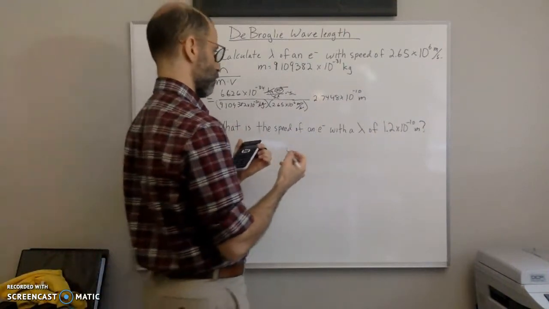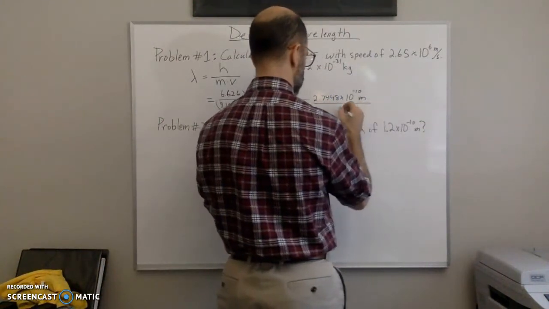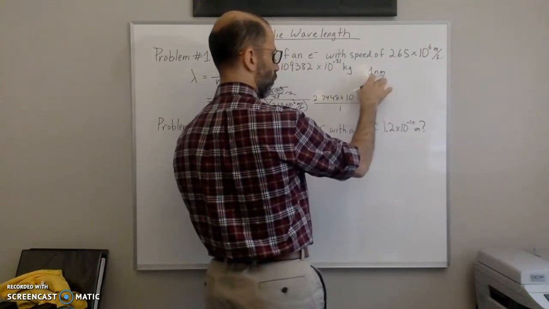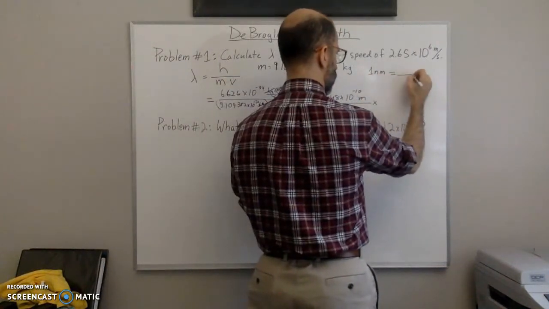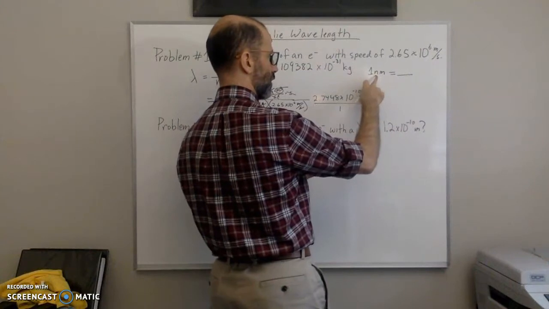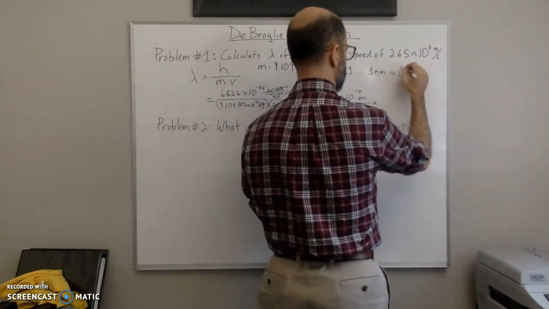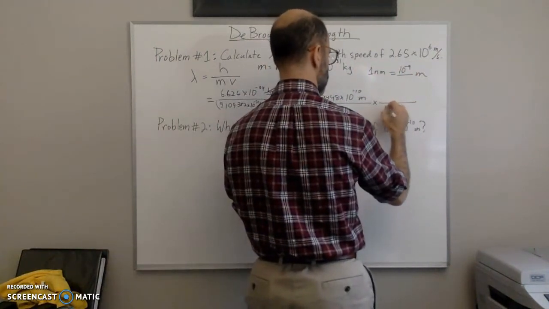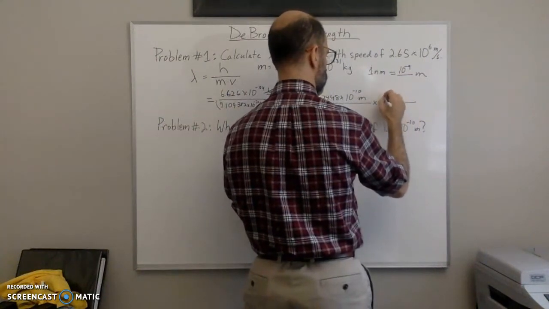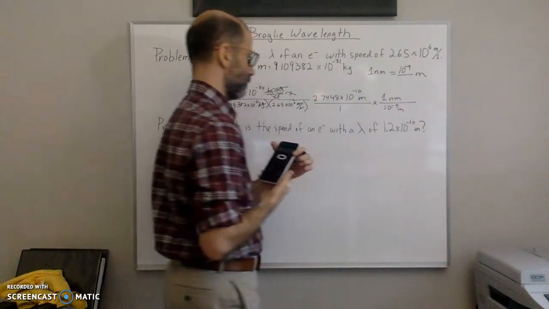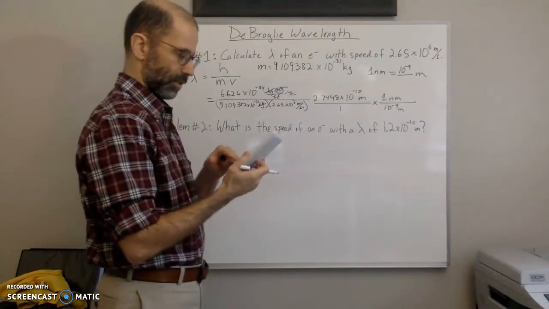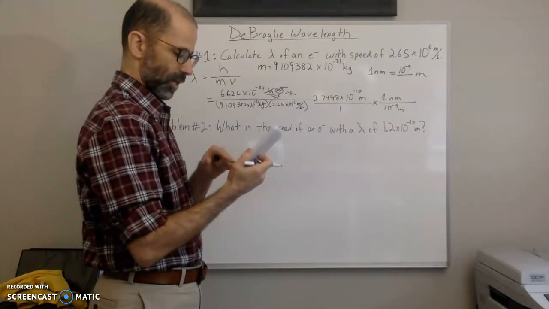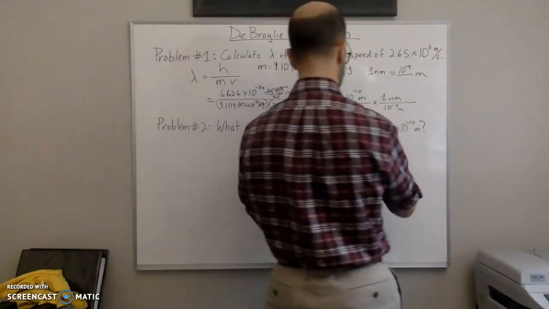And then we could convert that if you wanted to. We could convert it to nanometers, right? So remember 1 nanometer, the 1 always goes with the prefix, and then the base unit gets whatever the prefix multiplier is. Nano is 10 to the negative 9, so 10 to the negative 9 meters. And I'm going to put 10 to the negative 9 meters on the bottom, 1 nanometer on top. So if I divide this by 1 times 10 to the negative 9 equals,